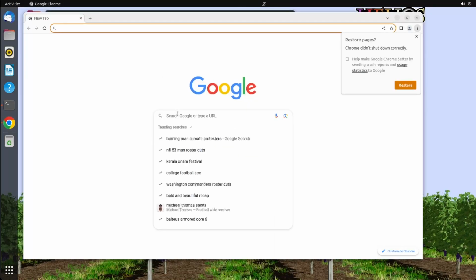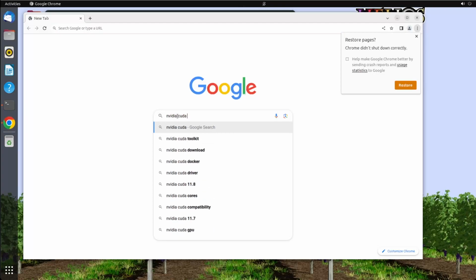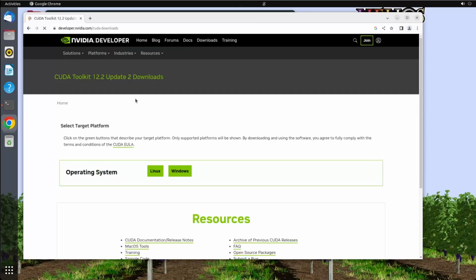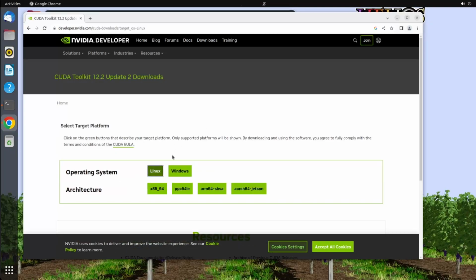and we'll go ahead and search for NVIDIA CUDA download. And here is the latest version, CUDA Toolkit 12.2. We can go ahead and install the latest version. Then it'll ask us our operating system. We're using Linux. Then it will ask your architecture. We'll select